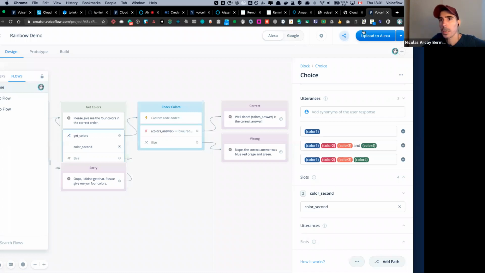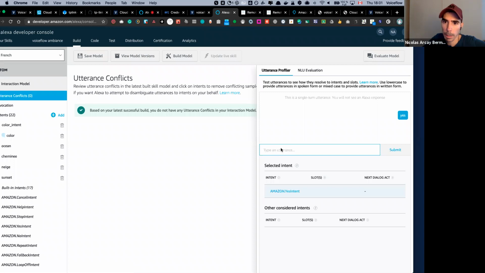So yeah, that's a good way to check. It's called the evaluate model, and the tool is the utterance profiler. That can save some time, at least a lot of time, not life,